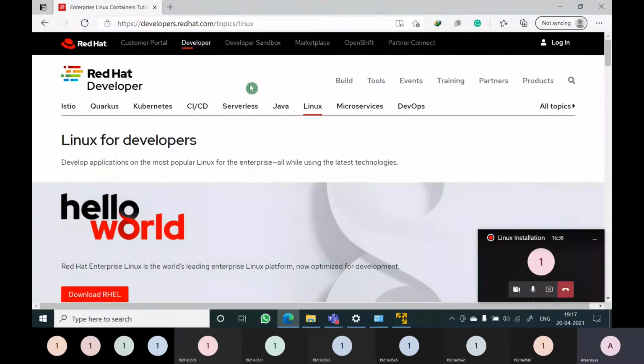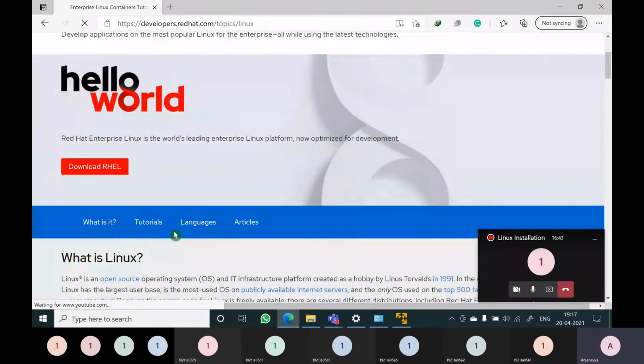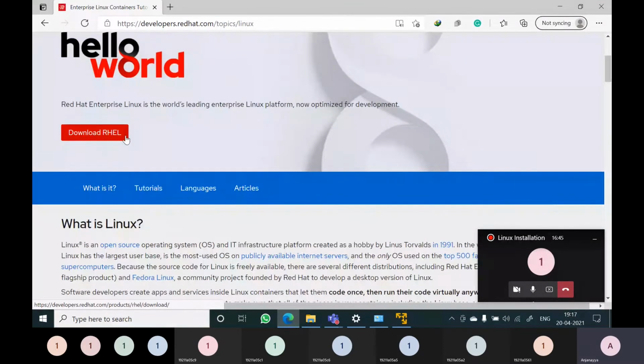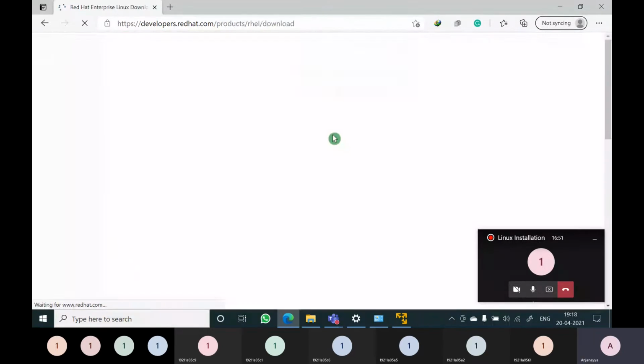Go to developer.redhat.com. Go to Linux here. Now download RHEL, Red Hat Enterprise Linux. Click here, now download.